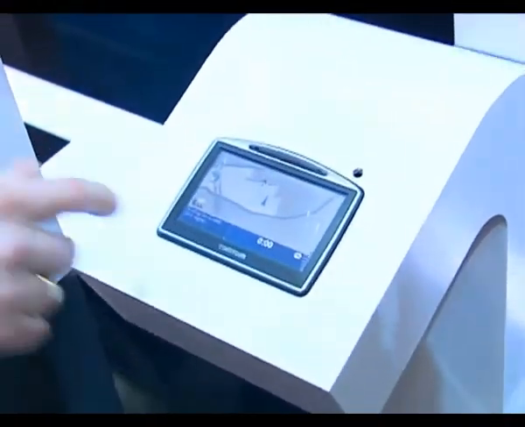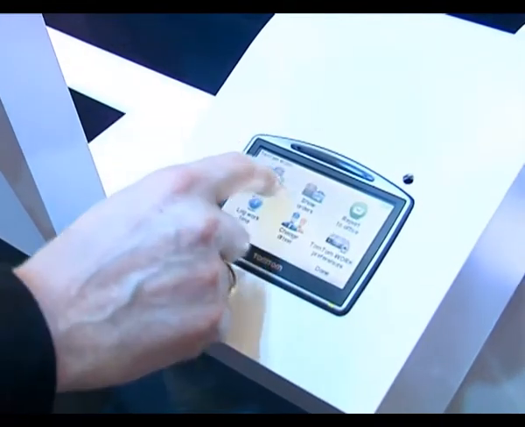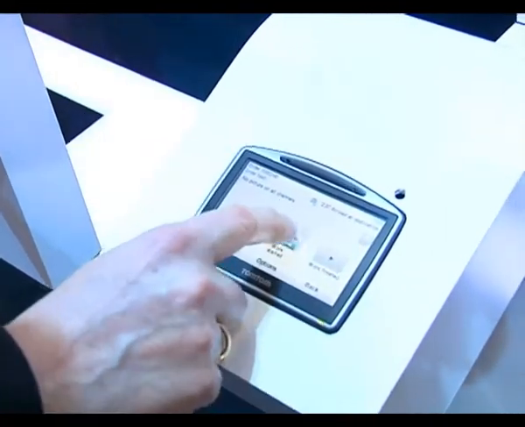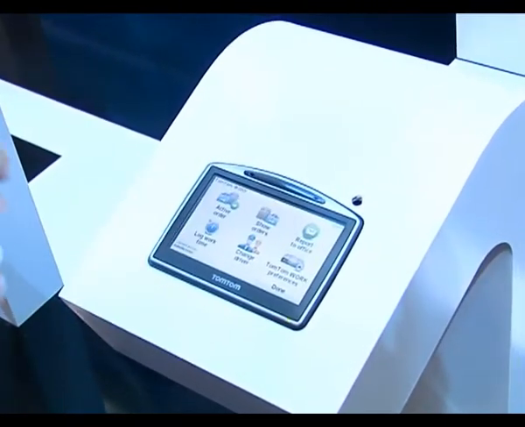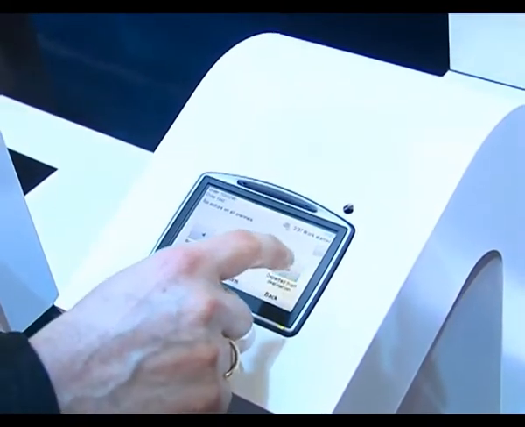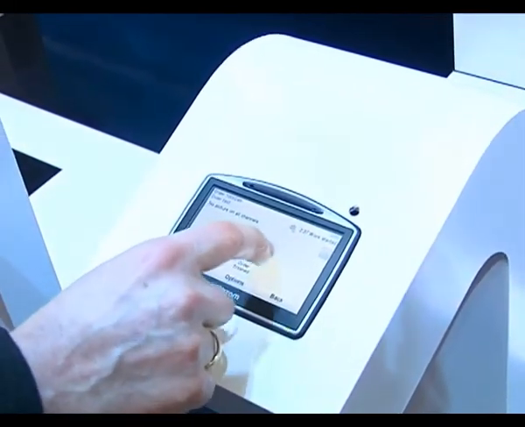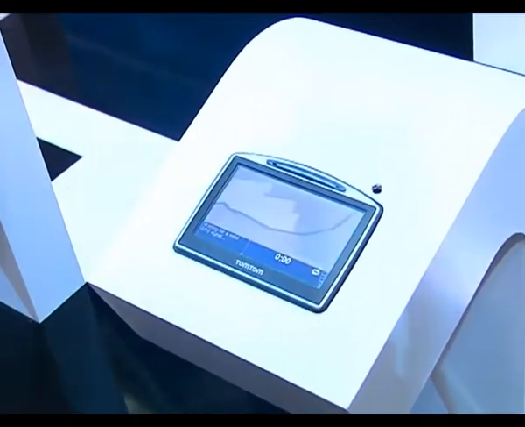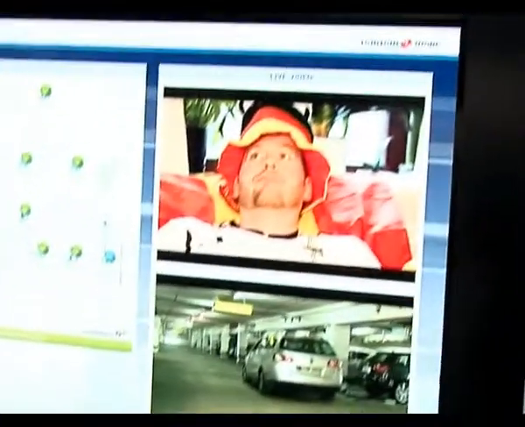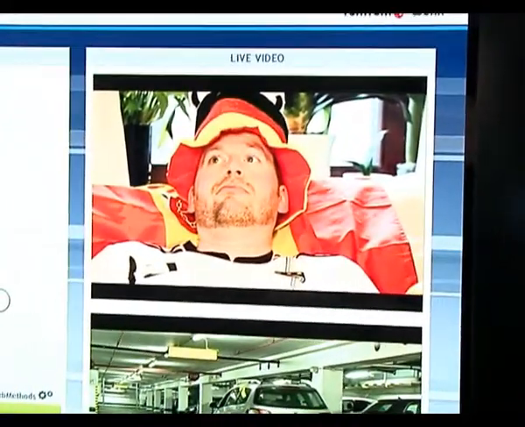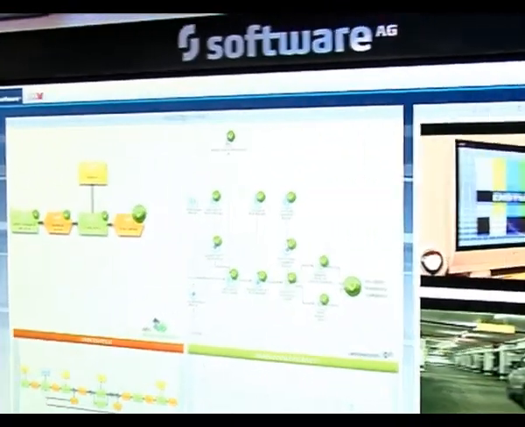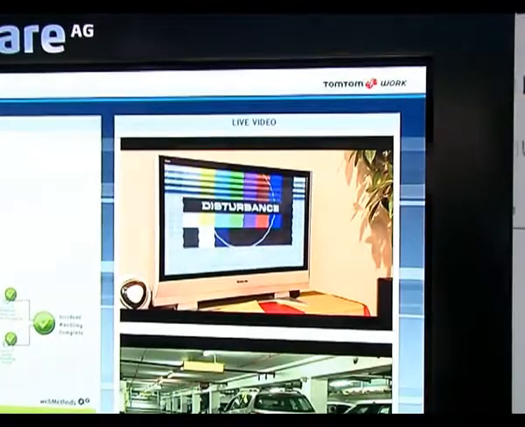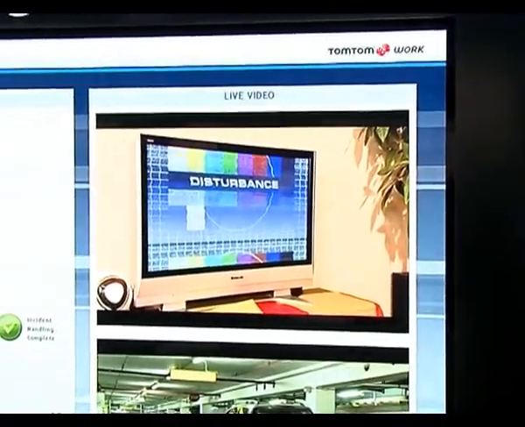So again, let's assume that the driver has now fixed the problem, or at least started to fix the problem. He could say, okay, I started to work on this problem, and assuming he fixed the problem, he can now also say, I found the reason for the problem and I finished the order. Looking at the movie, you see that these guys are still a bit bored, but as the process is going along, you see that the disturbance is gone and the guys are now able to watch the World Cup final